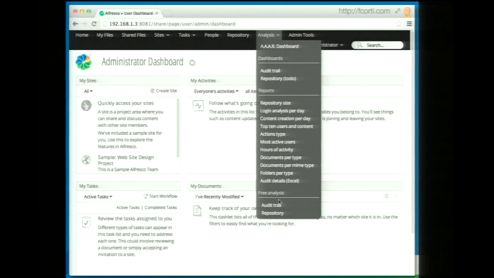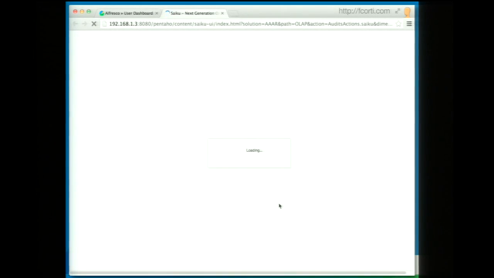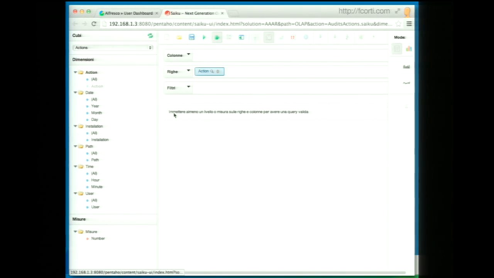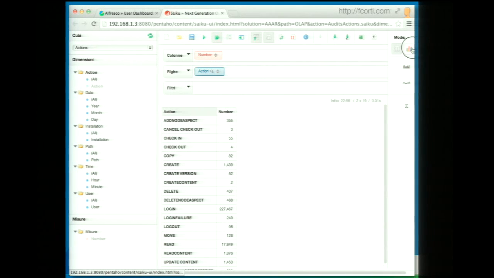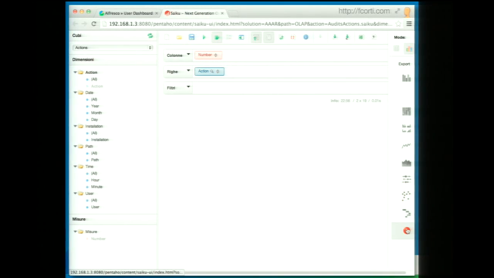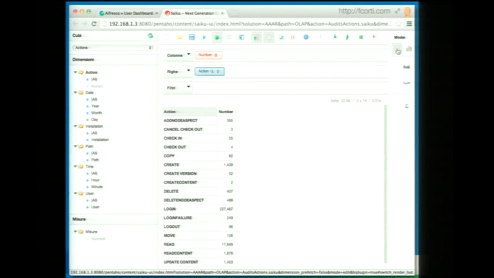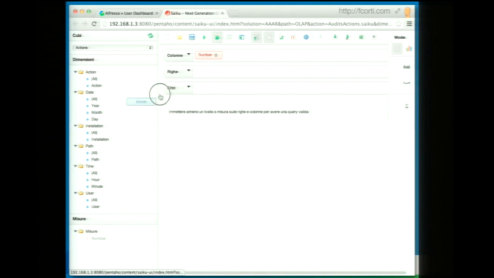From a free analysis perspective, the involvement of a real pivot table tool in Pentaho is called Pentaho Analytics, which lets us query the audit data and the repository structure in an interactive session. As you can see there, without necessarily knowing the report we want to obtain, we can get the information in a table view, in a chart, and we can move from the action to